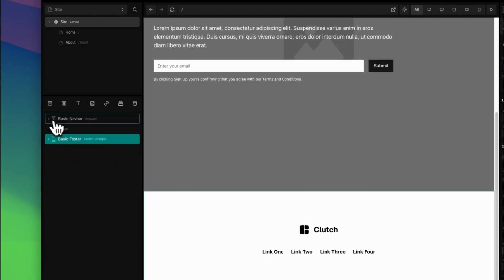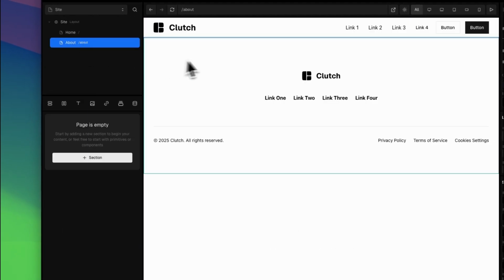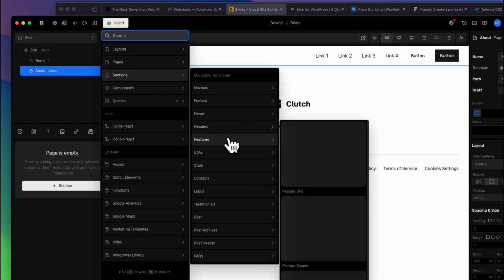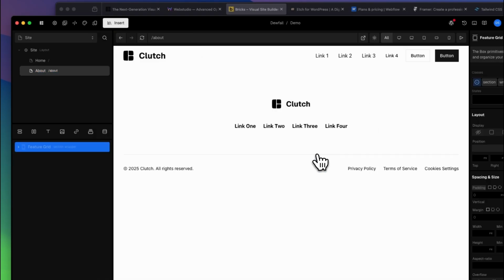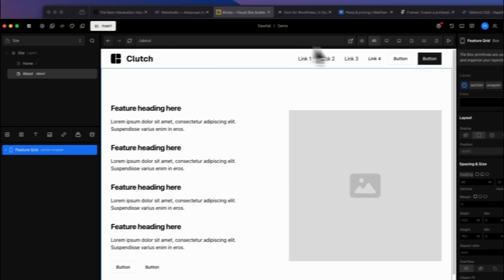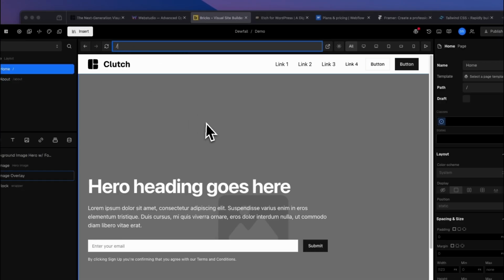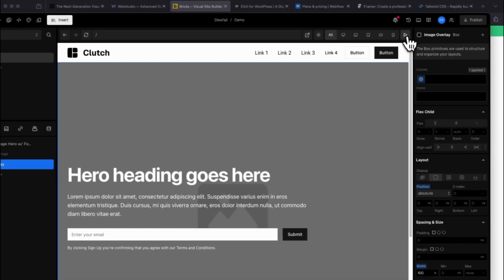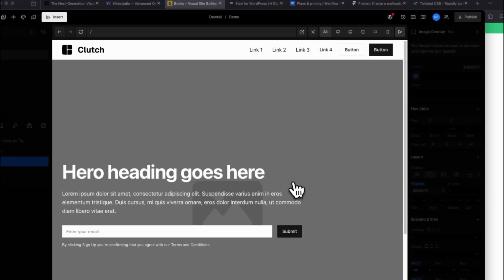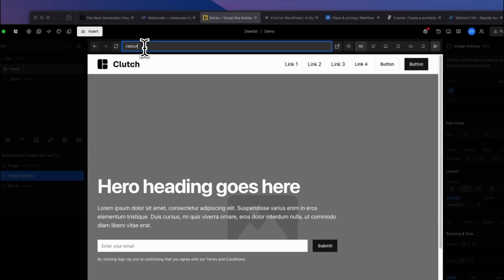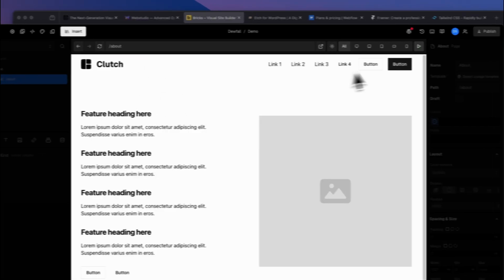And if we go to the about page and we insert, let's insert a section there. So now if I switch, I believe I can just remove this and we'll be in the home page. And I can preview this, and you can see now we're in the home page. I can come here to about, and now we're in the about page. So